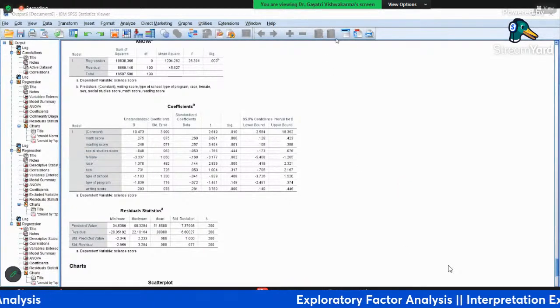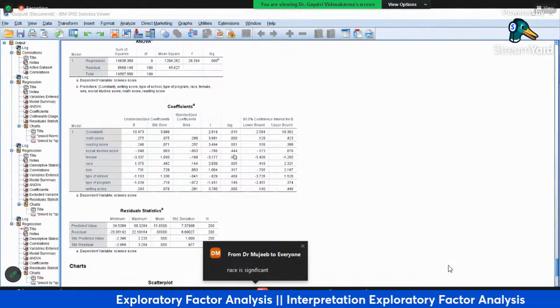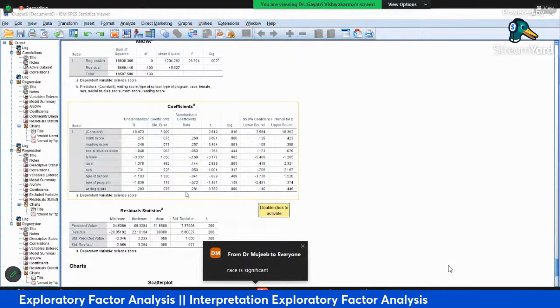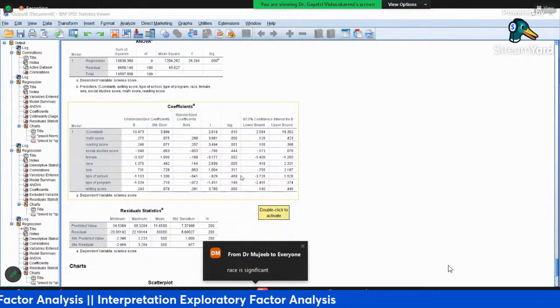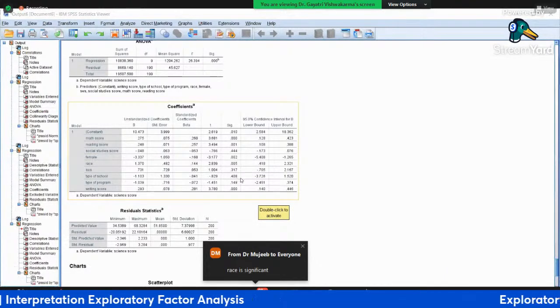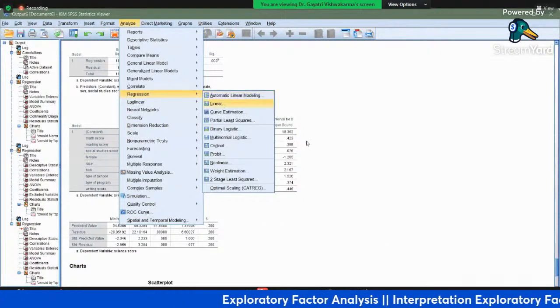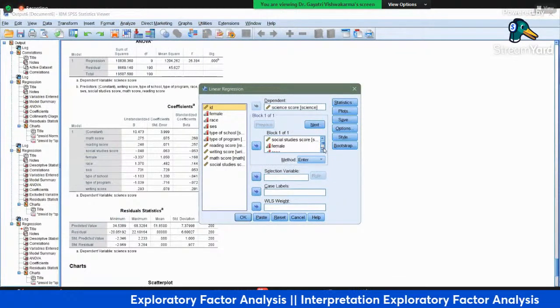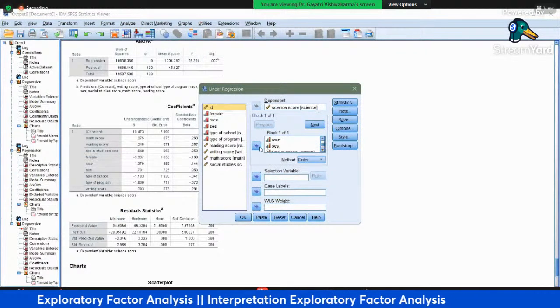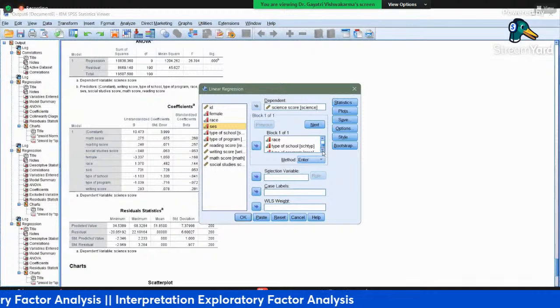So now I am removing social studies, socioeconomic status, and type of school. Even type of program we can remove from the model. So regression, and what we have to do, we have to remove these. So what was the socioeconomic status?